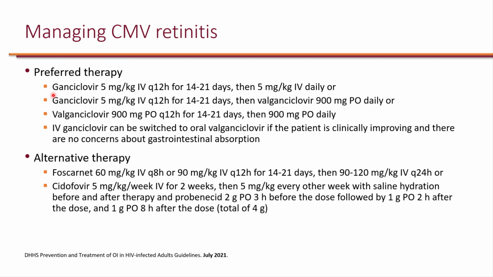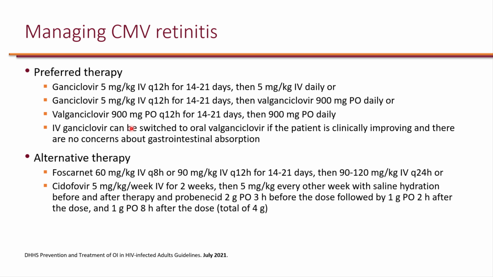So the preferred therapy includes IV ganciclovir, high dose twice a day, for the induction therapy of 14 to 21 days, and then switching to a lower, once a day dosing of IV ganciclovir for maintenance therapy. Alternatively, we can do just the induction therapy with IV ganciclovir and then switch to oral valganciclovir for the maintenance therapy, or for mild cases without sight-threatening lesions, the entire regimen could be oral. So twice a day dosing of oral valganciclovir for induction therapy, and then switching to once a day dosing for